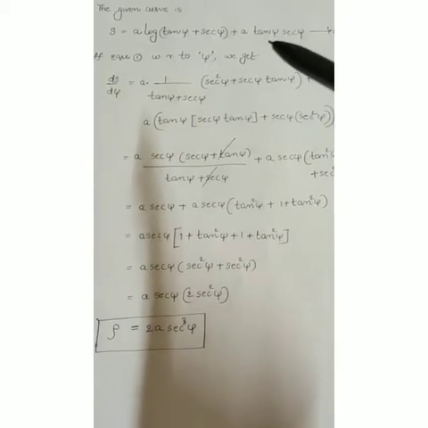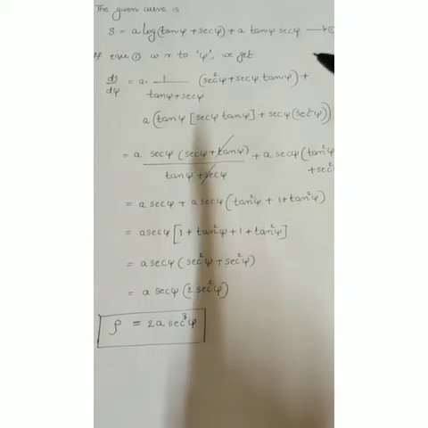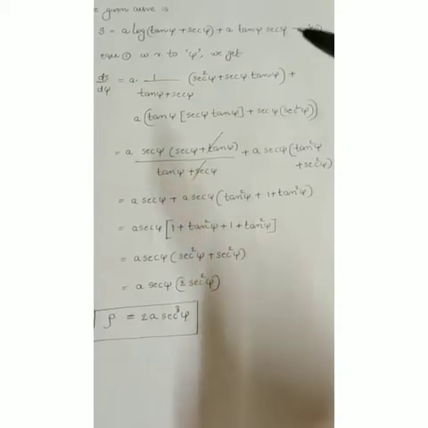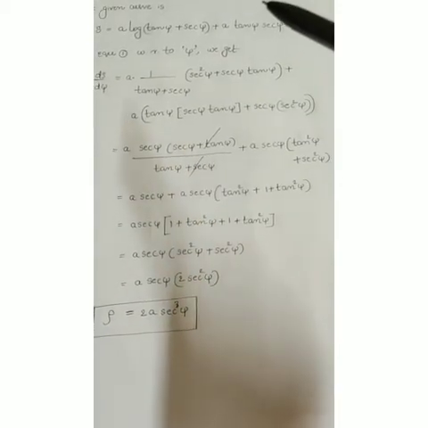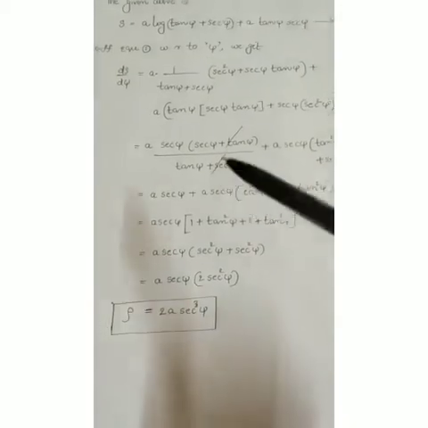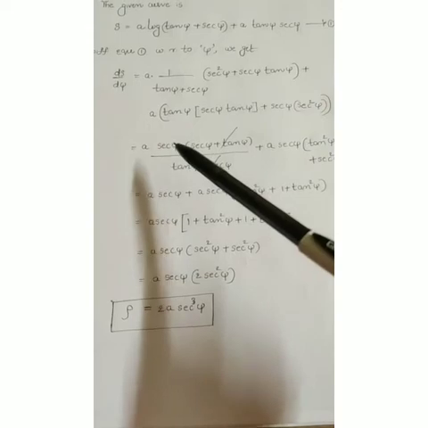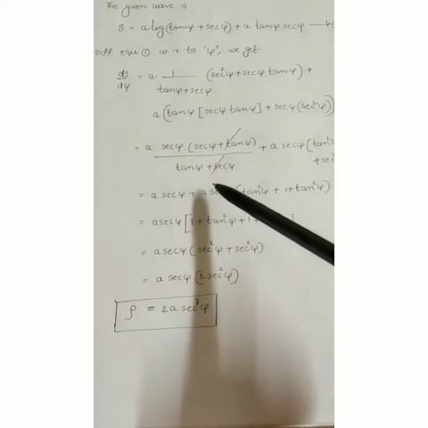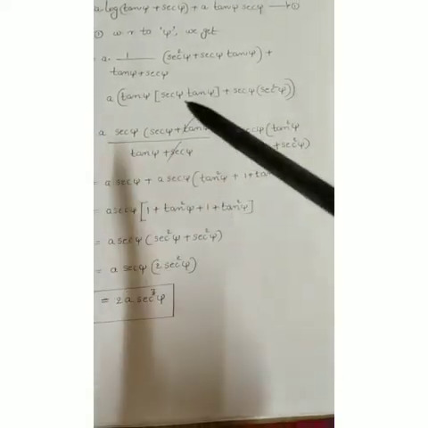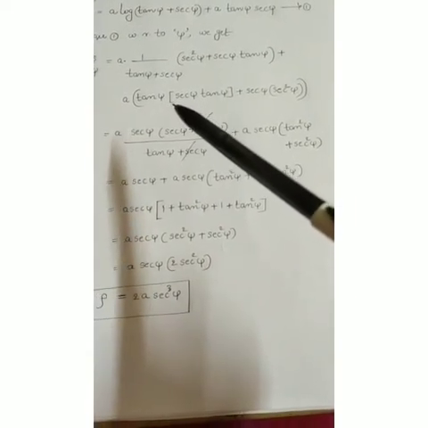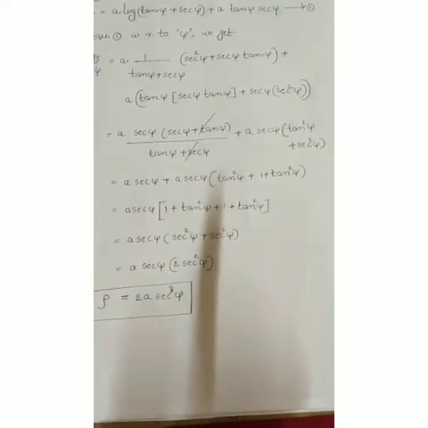So this is in the form of u into v, because u into v formula is u v dash plus v u dash. So a into tan psi, secant psi differentiation: secant psi into tan psi, plus secant psi is constant, then differentiation of tan psi is secant square psi. So a into, so here secant psi taking as common, secant psi plus tan psi by tan psi plus secant psi, plus a into, so this is secant psi into tan square psi